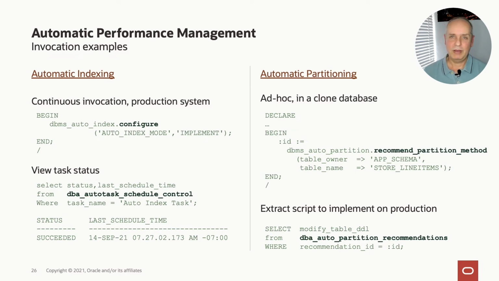Here's an example with automatic partitioning where we are recommending a partition method. In fact, it's a little bit more than that, really. You can recommend all the way through and it will create the partitions for you. In this case, we're using it in more of a mode where we're running on a clone. We're saying, can you tell me what partitioning works for our application? It goes away and checks that, does the verification step. And then ultimately, we've got DDL, which you can extract from the clone and then take that to your production environment and let it build the partition table for you, again, online.